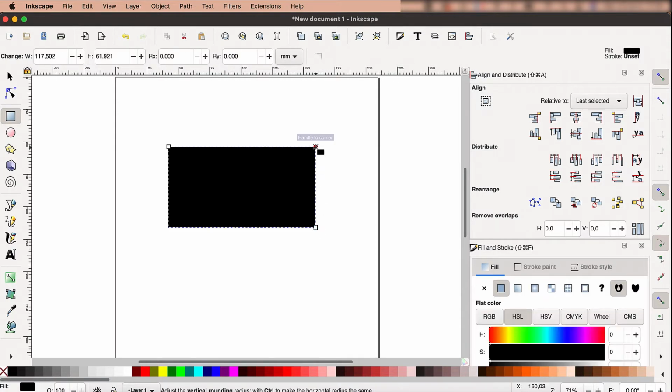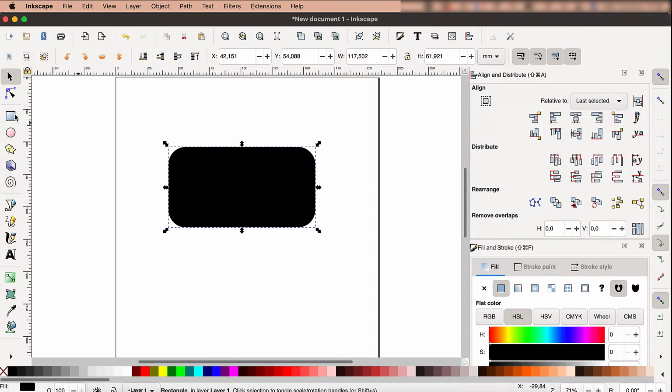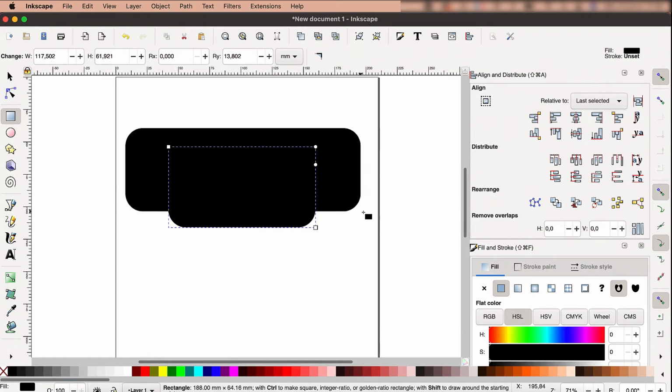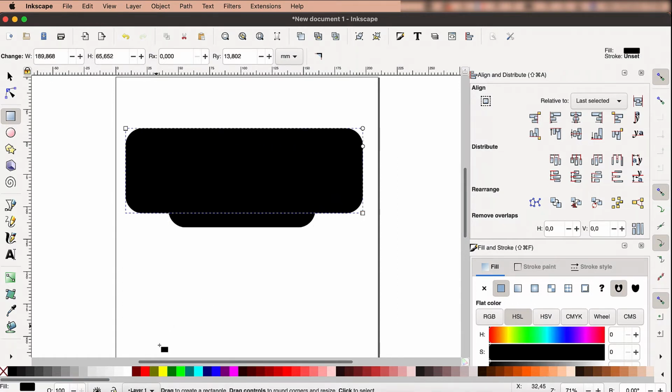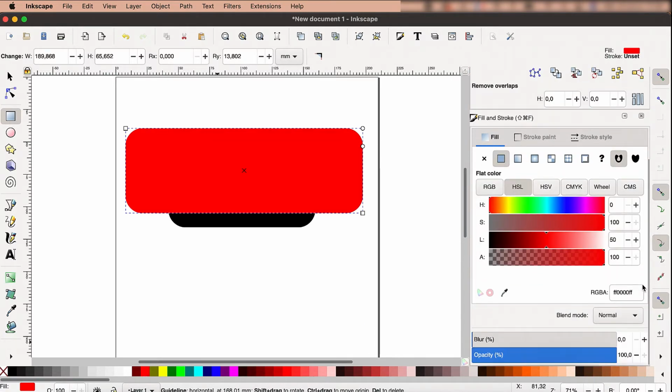Now select the small circle on top right and drag it down to round the corners. Select your monitor and right-click on your mouse to duplicate it. Create another rectangle bigger than the monitor and make sure its length stops a bit before the monitor itself. Then change its color to red and on the right board change its opacity to more or less 50%.